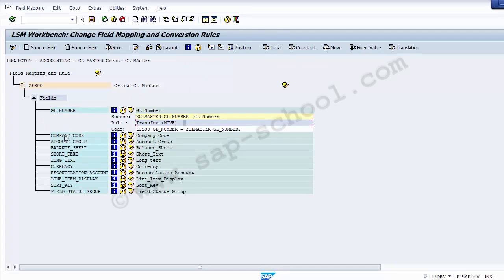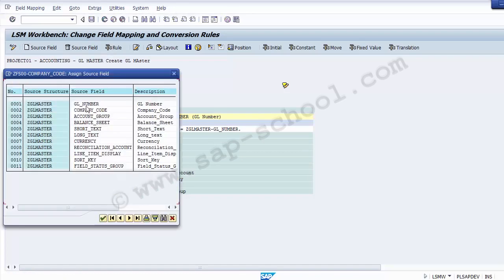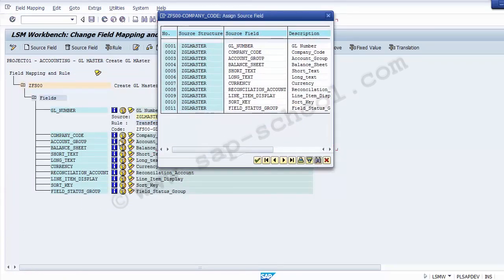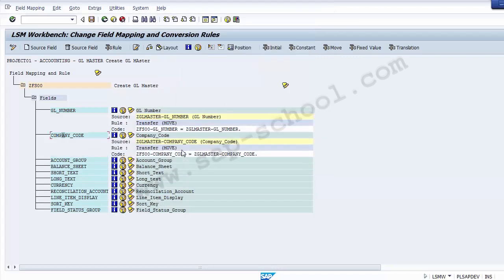Similarly, you need to assign all these different fields with the source field, and this is how the mapping of the source field with the target field has to be done. If I now put the cursor on the company code, and again go to the source field, for company code I will be taking this company code over here. This is the relation which I have defined. I will double click on the company code,